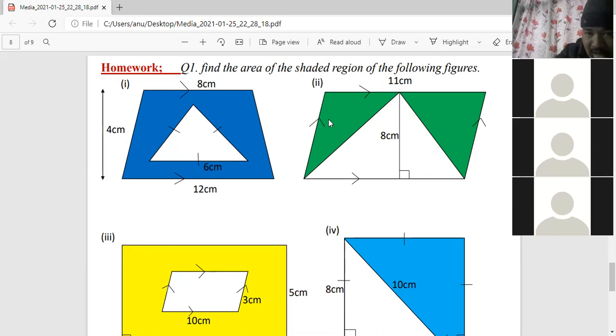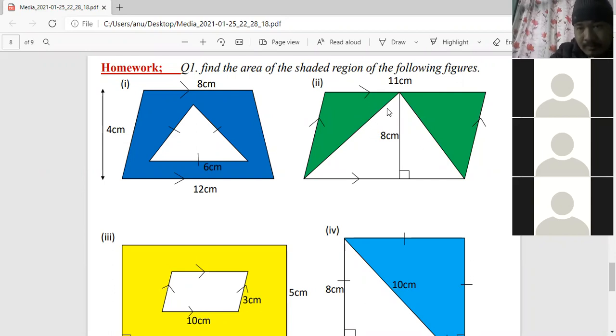Then how to do question number 2? Look here. This is parallelogram. Opposite sides of the parallelogram are equal. That's why this is 11 centimeter and down one also will be 11 centimeter. Base will be 11 centimeter. This is the base for the triangle and the parallelogram both. Okay children? And after that, we have to find out the area of parallelogram. Base into height. That is A1 suppose.